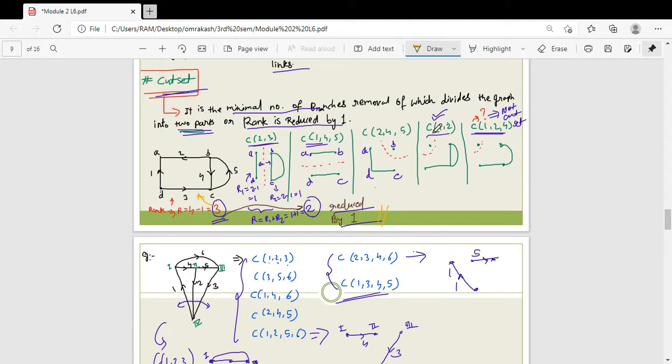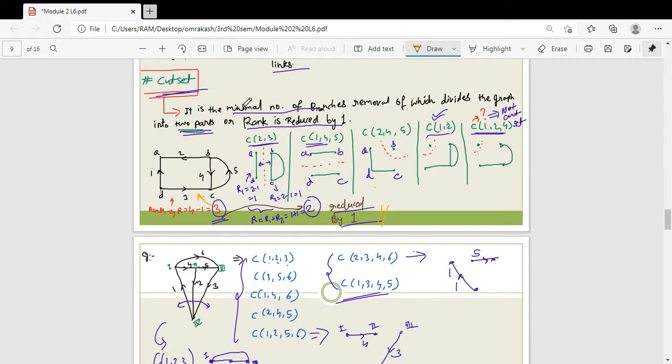Now see here, this C12, it is a basic requirement to make a cut set for removing these two branches, right? If you remove these two branches, your cut set will be formed. When removing these two branches already forms a cut set, so why unnecessarily remove that fourth branch? Okay, if any such condition appears in the graph, it is not a cut set, right? This is not a cut set. So we are not removing branches unnecessarily from your graph.